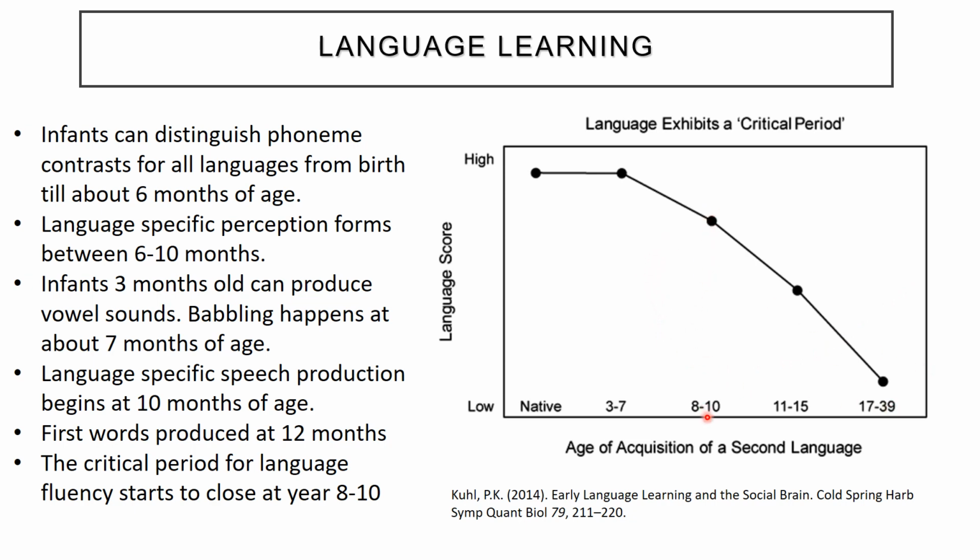So if a child has been exposed to a second language between the ages of 8 to 10, 11 to 15, and 17 to 39, no longer a child there, we see language scores go down quite a bit. Ironically, in the United States, it's often the case that in most educational settings, we start learning a second language in schools at the ages of 11 to 15, and consequently, we have a reputation of being a nation of people who can speak only one language, unless you were lucky enough to grow up in a household that speaks 2 languages. But if you ended up learning your language at high school, you probably didn't learn that language very well.